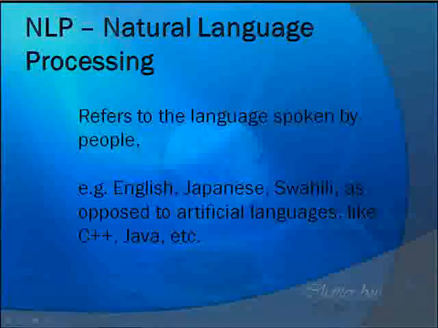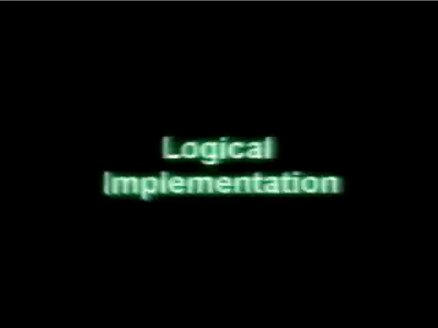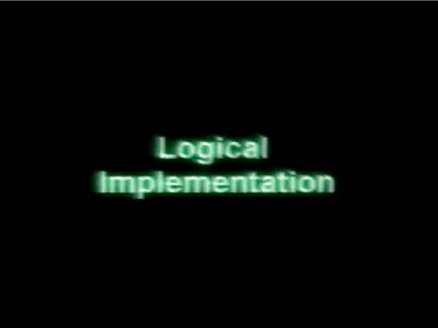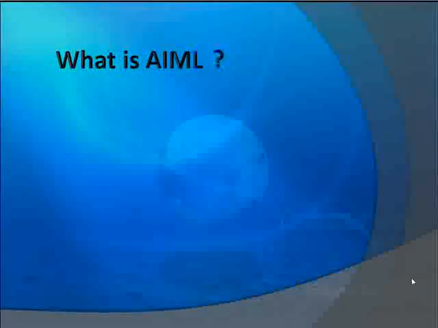The original context portion of the category consists of two variants called the that tag and the topic tag. The that tag appears inside the category, and its pattern must match the robot's last utterance. Remembering one's last utterance is important if the robot asks a question. The topic tag appears outside the category and